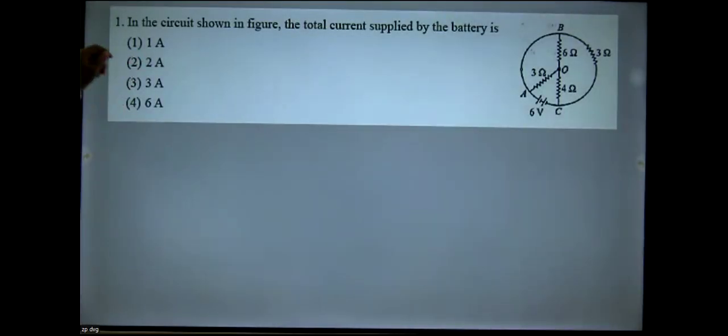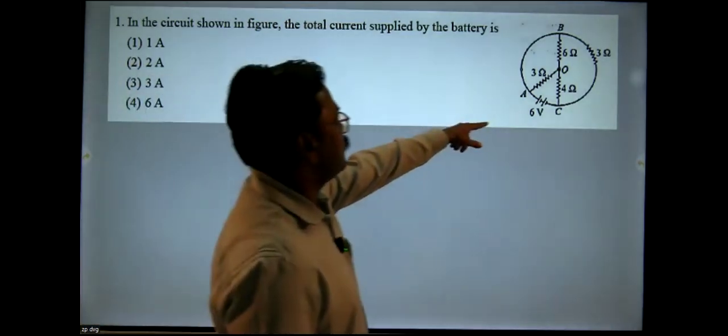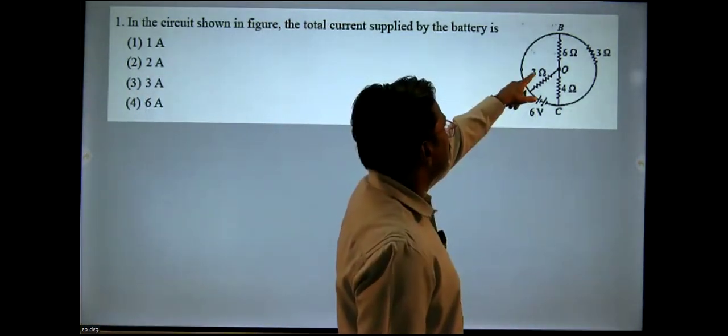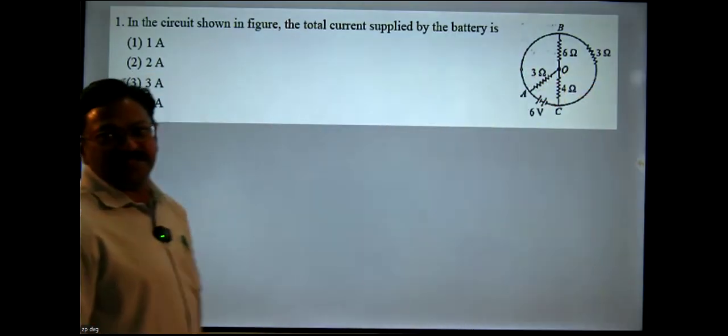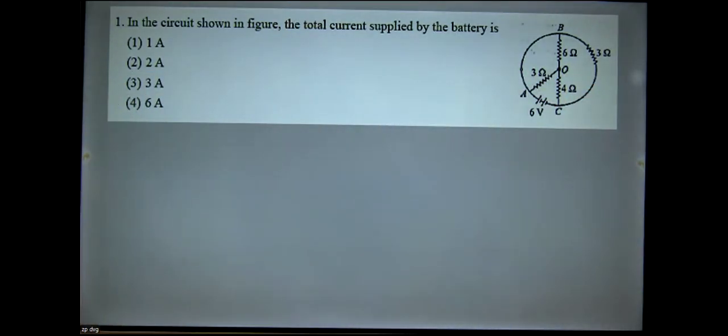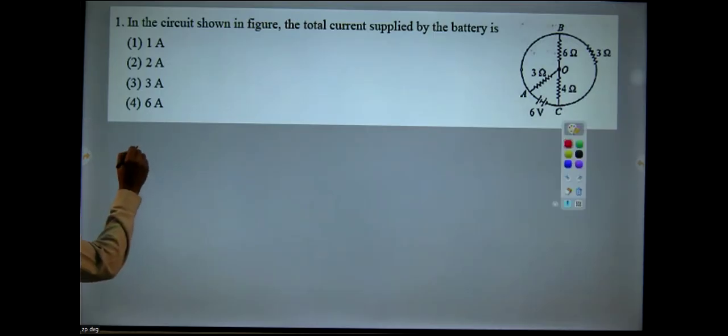Please observe this question. In the circuit shown in the figure, the total current supplied by the battery is. So look at the diagram. Here is a battery of 6 volt. Resistance is 3 ohm here, 6 ohm here, 4 ohm here, and 3 ohm here. So the resistances are given. Now we need to find out the value of current supplied. So let me use